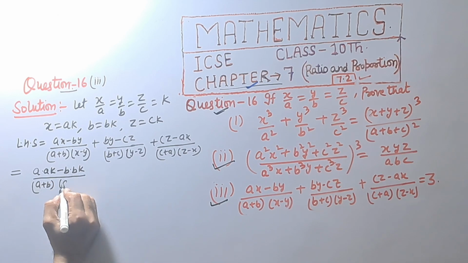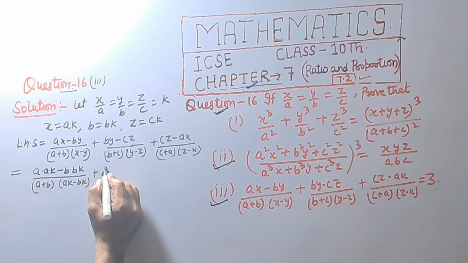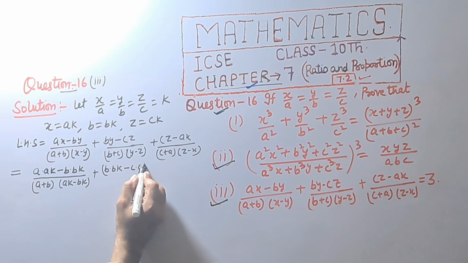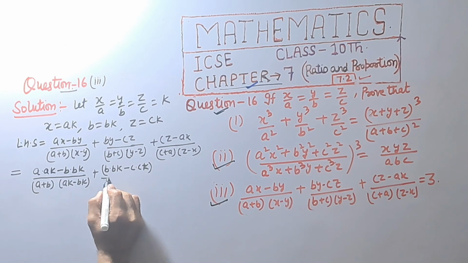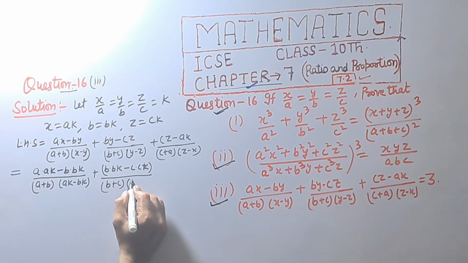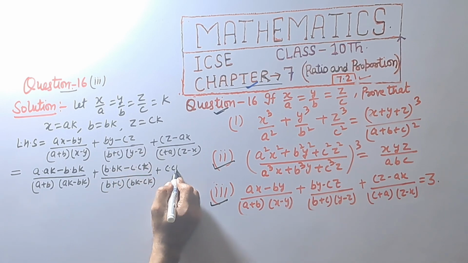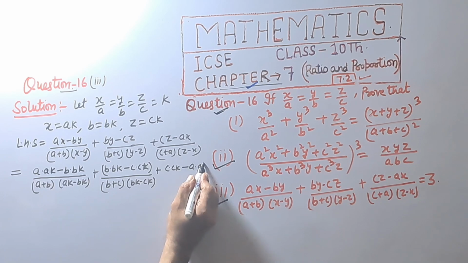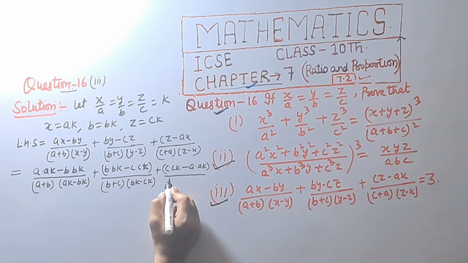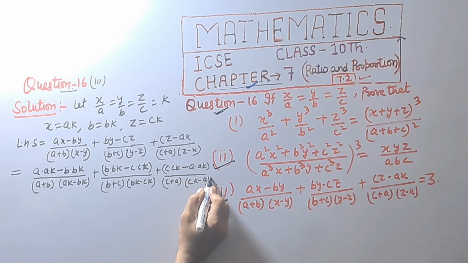a plus b into ak minus bk plus b into y is bk minus c into z is ck, divided by b plus c into bk minus ck, plus c into ck minus a into ak, divided by c plus a into ck minus ak,